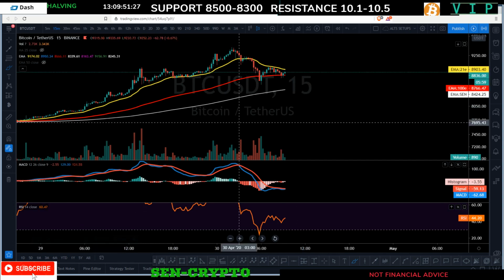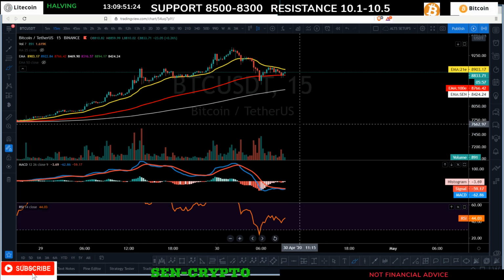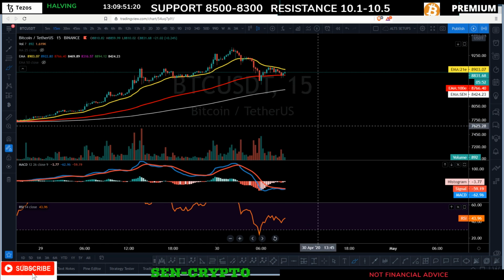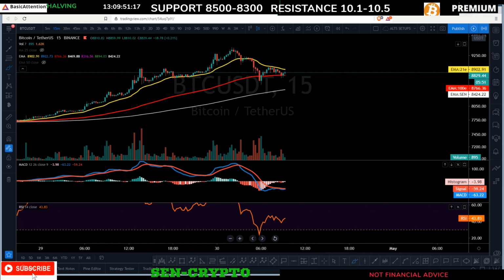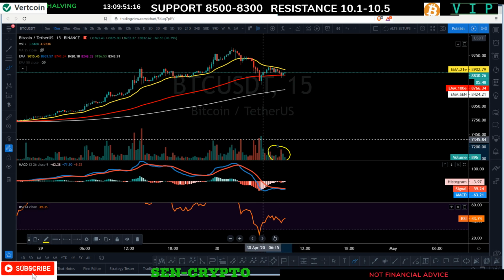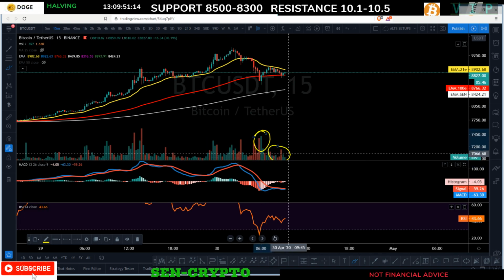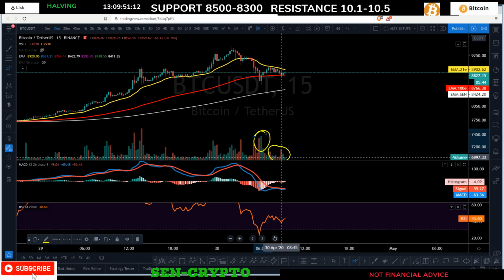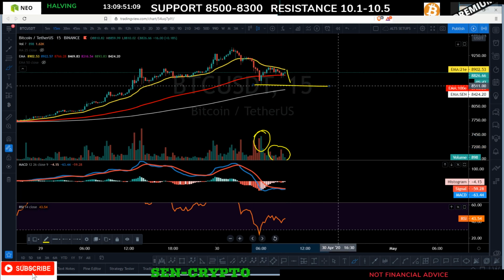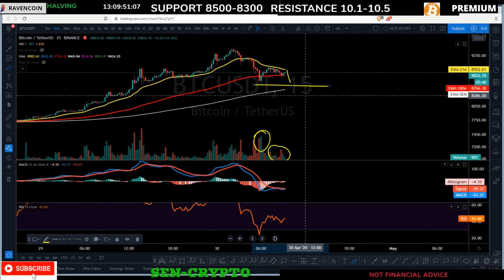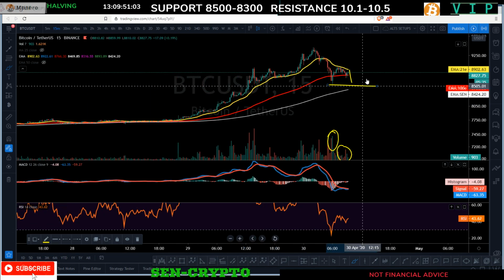So that's one thing you just have to keep in mind. On the hourly time frame, another aspect is that volume is not a lot. You've got big buying pressure, but selling volume is okay. So it means even if we drop down, it could get bought up very quickly below the 100 EMA on the 15 minutes time frame, right?